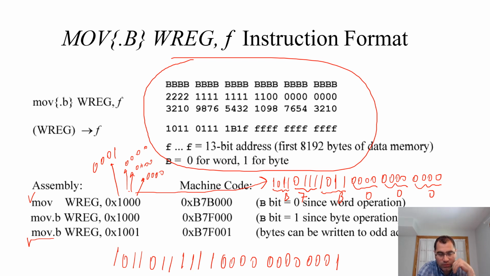I can ignore because I have only 13 bits, so I have to ignore the first 3. And then if I do this again, 1 0 0, and this is F, and this is